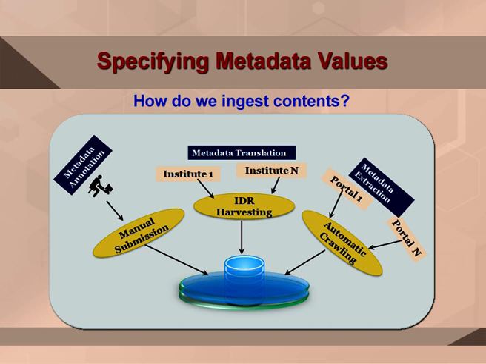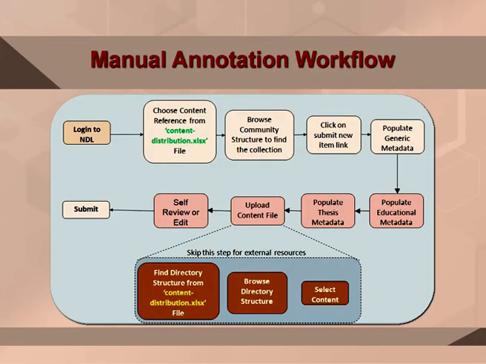And finally, the third could be the metadata extraction, by which I mean automated extraction of metadata, that is whatever content you have, you analyze that through different recent advanced techniques of machine learning, natural language processing and so on, and try to infer the metadata from the content directly. So, this is a brief manual automation workflow. I will not go through the details here, that is not very critical.